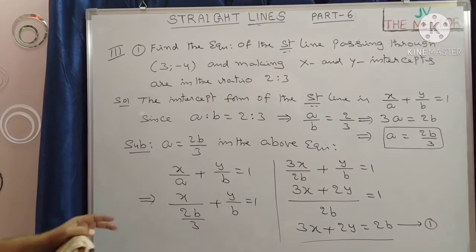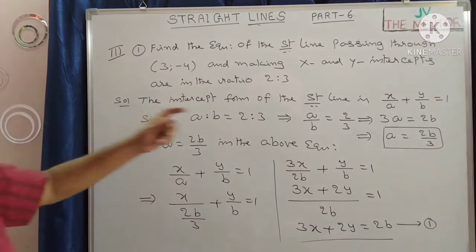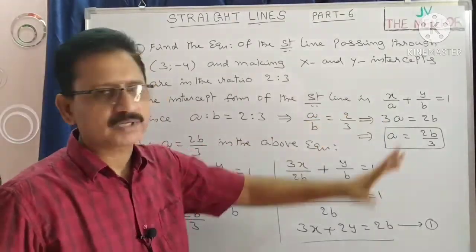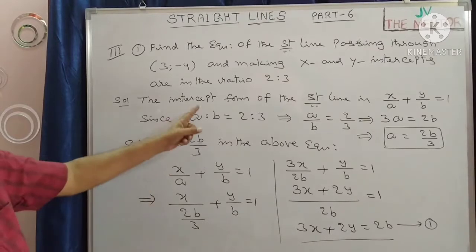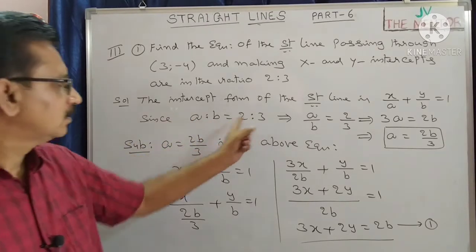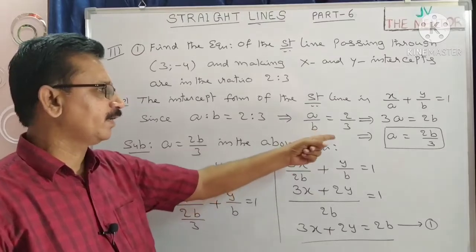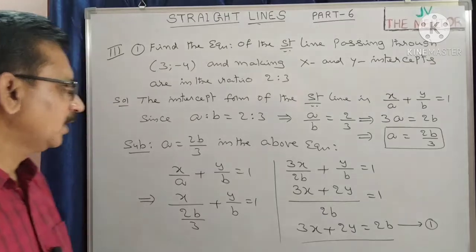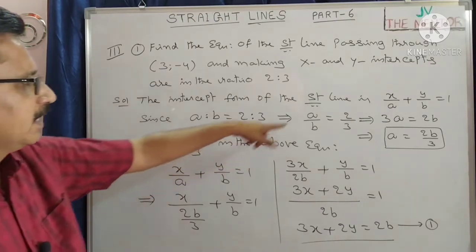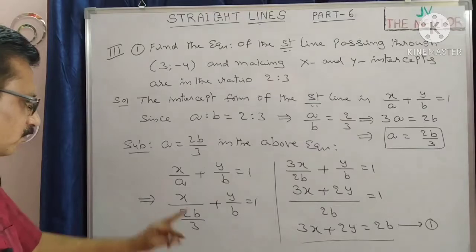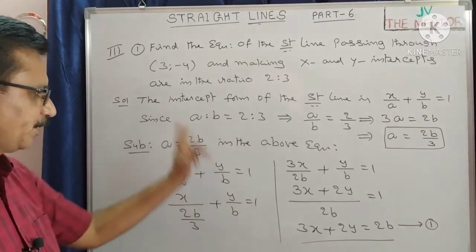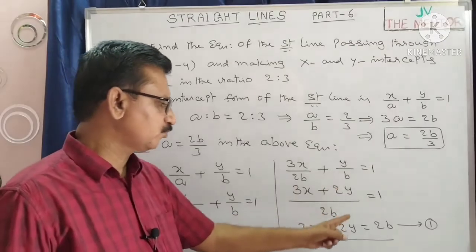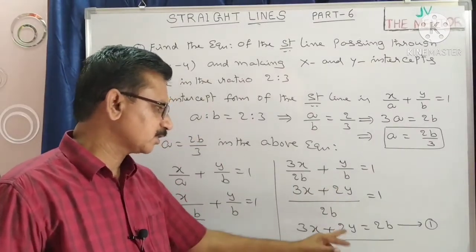Okay na? Okay, మరలా ఒకసారి చూడండి. First write the straight line equation in the intercept form. What is the intercept form? X by a plus y by b equal to 1. From the given condition, a is to b equal to 2:3. So a is to b means a by b equal to 2/3. Cross multiplication చేస్తే 3a equal to 2b. From this a equal to 2b/3. Now substitute a equal to 2b/3 in the above equation x by a plus y by b equal to 1. Now substitution. So సో 3 న్యూమరేటర్కి వెళ్ళిపోయిందండి. ఎల్సిఎం తీసుకున్నాను. ఎల్సిఎం ఈస్ 2b. హియర్ 3x plus 2y by 2b equal to 1. 3x plus 2y equal to 2b.